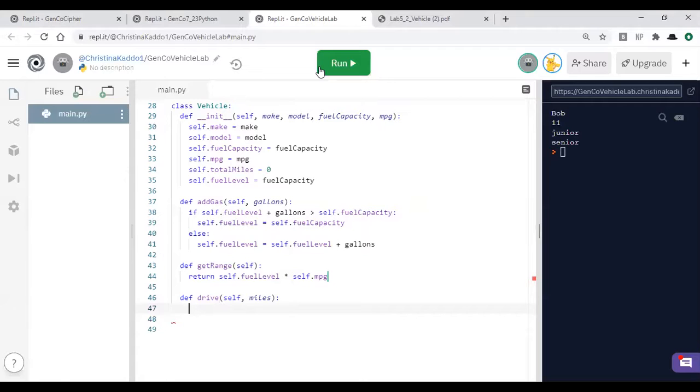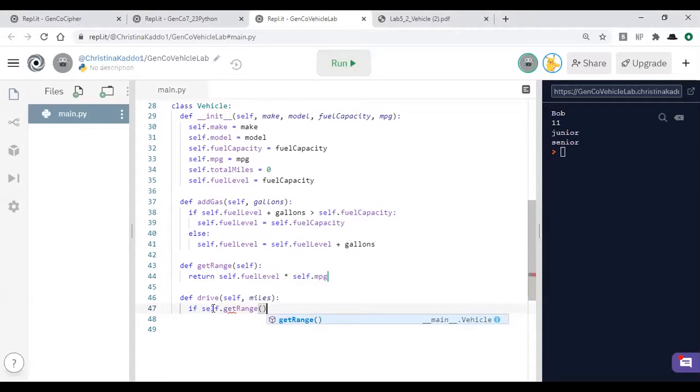Of course, you're going to need to have another check again. So the thing that you might notice with this function is that we still can call some of our own methods while we're actually in a class. So we can actually just call our range. So if self.get range,